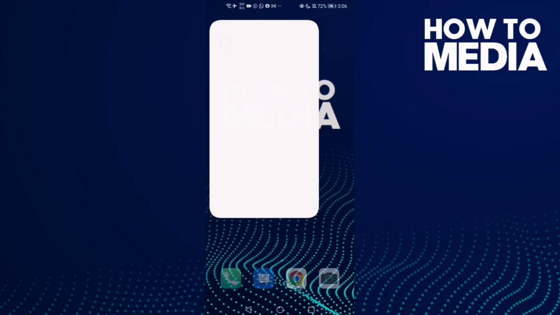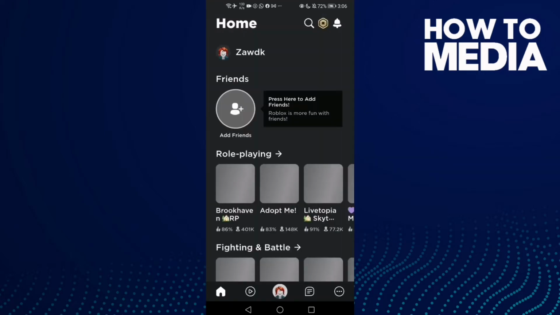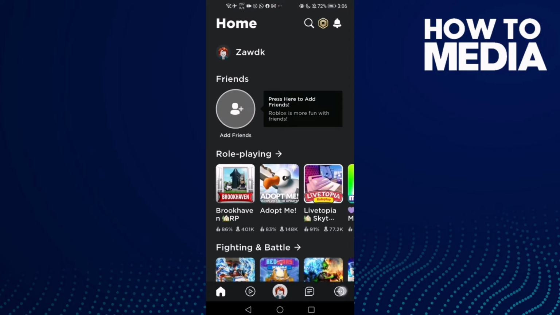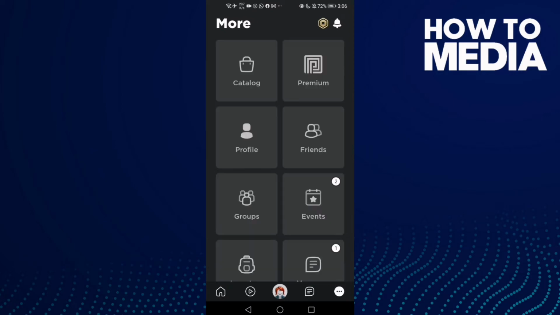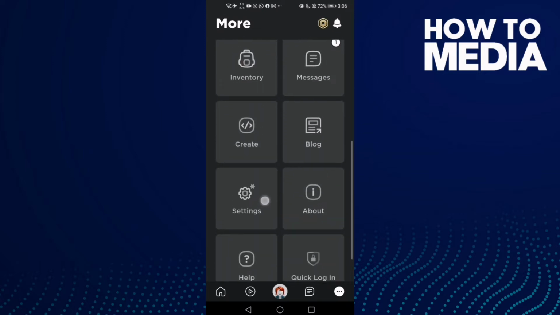First thing, go to Roblox and here click these 3 points in the bottom corner, and then go down until you find settings. Click on it,